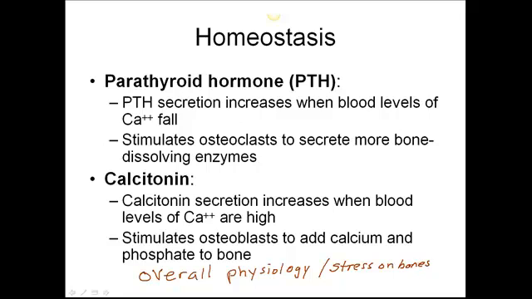Okay, if you take up high jumping and you put a lot of stress on your bones and you don't eat any calcium, then they're not going to get stronger and denser like they're supposed to. So we have these two hormones. One is parathyroid hormone, and these come from the parathyroid glands, and the parathyroid glands are on the back side of this gland in your neck called the thyroid. So on the back side you have these four little pea-sized glands, and those are the parathyroid glands, and they're